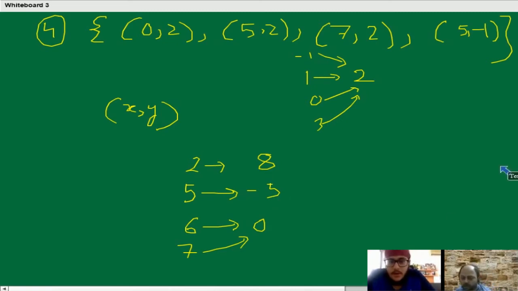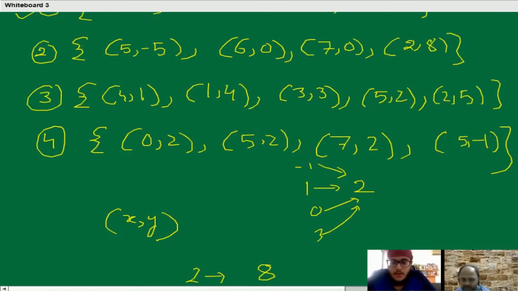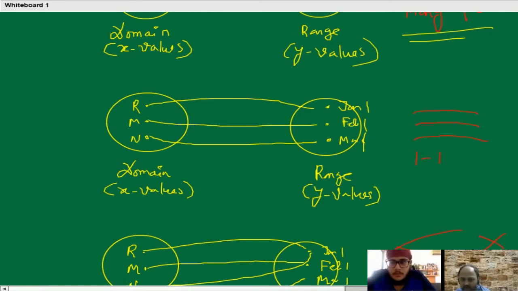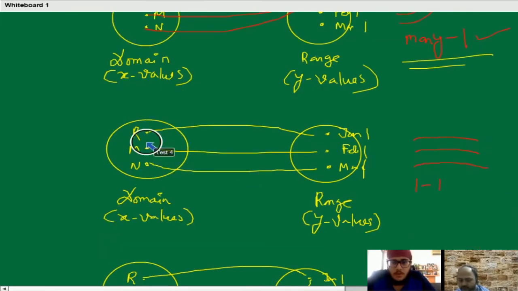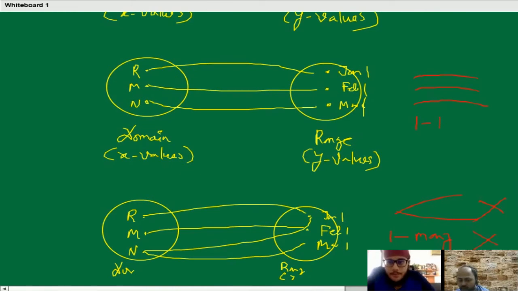That's right, sir. No, it's not that. The first one is a different case. Look, here we have considered different cases. Many to 1 is possible, so that's why a right sign is there. It means same birthdays. Different ones are also possible, they have 3 different birthdays. But one person having more than 1 birthday is not possible. That's why the cross. It can't represent a function.